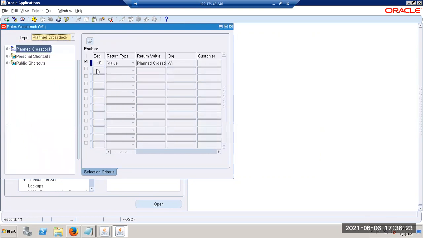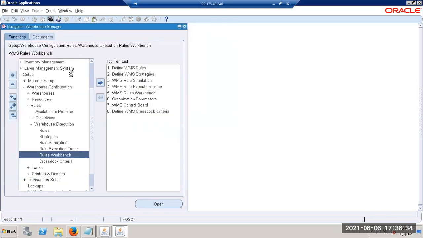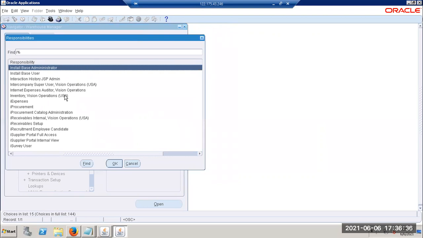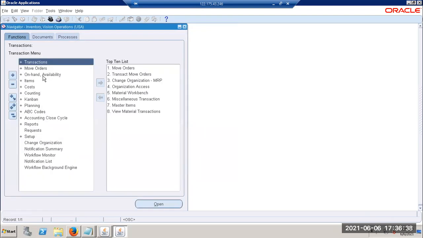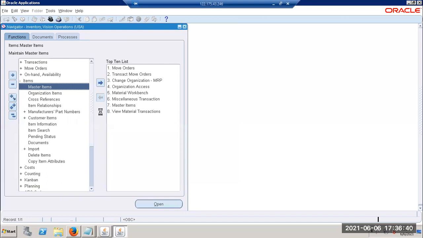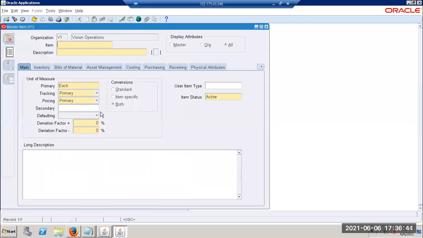Meanwhile, can you create an item? Yeah, let's create. Close this. Go to inventory and create an item. Just give XXPP so that it will be a reference to planned cross docking.